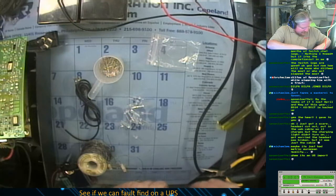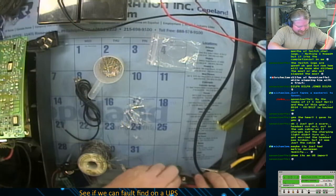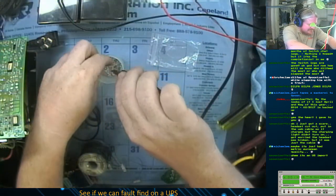Let me guess, a Logitech spoon? Because if it was Logitech, then it was actually made in Taiwan, but